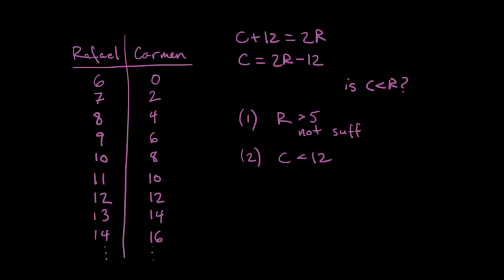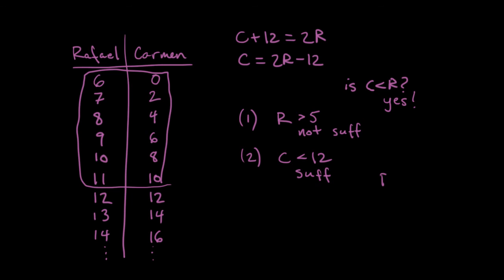But statement 2 tells us that Carmen is less than 12. And so that only describes this range down here where Carmen has fewer than 12 tapes. And in that entire range, Carmen has fewer tapes than Raphael. So the answer to this question, is c less than r, would be yes for statement 2. Making statement 2 sufficient and making the correct answer